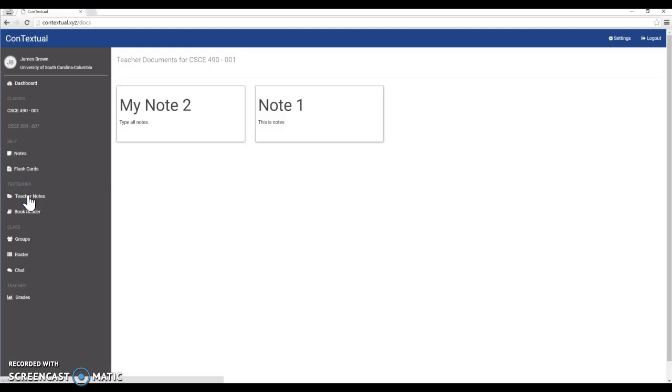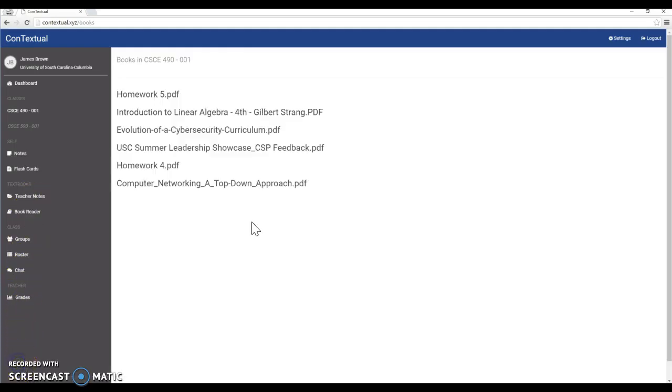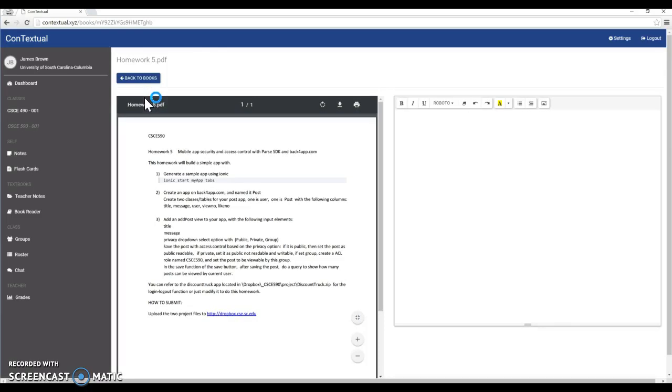Next, we'll move on to the book reader. This is a book reader page. Here you can view any documents that the teacher has uploaded and create notes based on those documents. To get started, click on a hyperlink and you'll be able to view the PDF or document on the left side and create notes. Just as usual, all changes to the notes are automatically saved and viewable in your notes